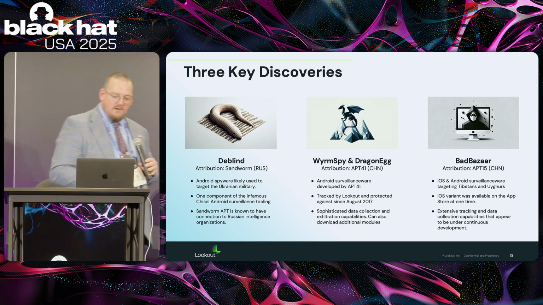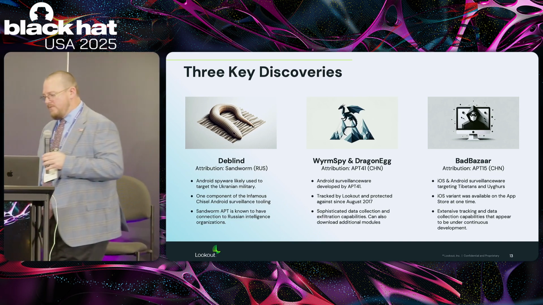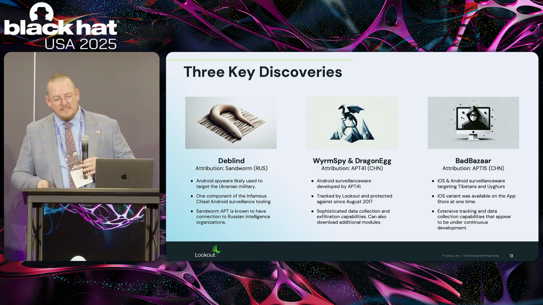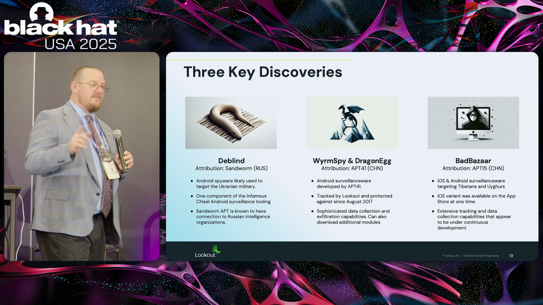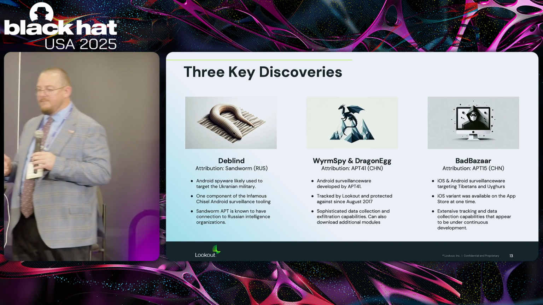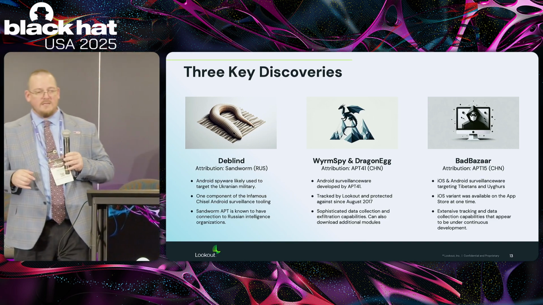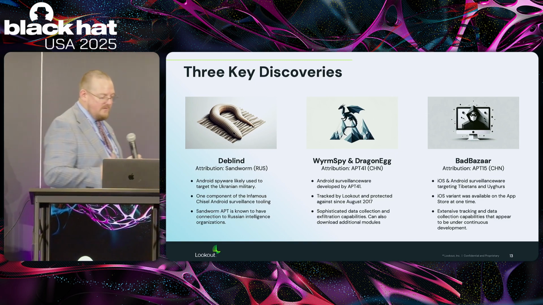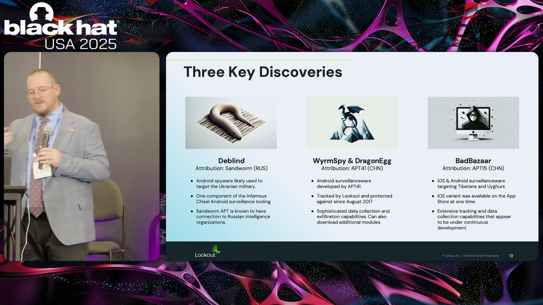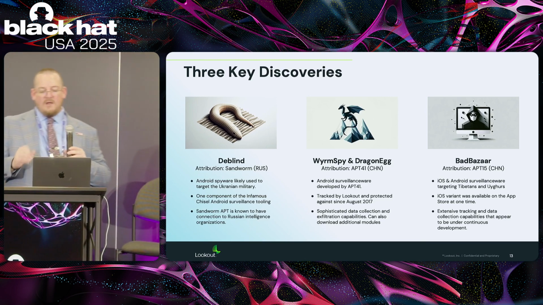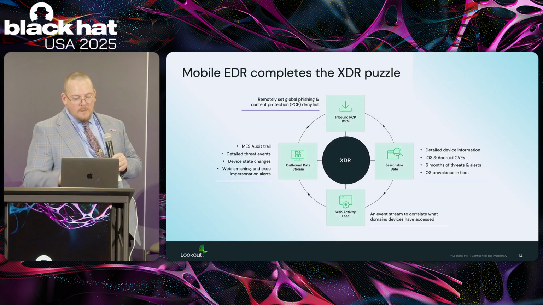And the last one's going to be Bad Bazaar. Again, this is another Chinese threat actor. There's been a ton of both mobile malware and campaigns out of China. But this was in particular because it was an iOS variant of malware that was already existing. Now they did target both Android and iOS, but they were targeting Tibetans and the Uyghurs, trying to find out, hey, are they speaking out against China? What exactly are they doing? But there was really a lot of tracking and collection capabilities that this malware enabled them to have.